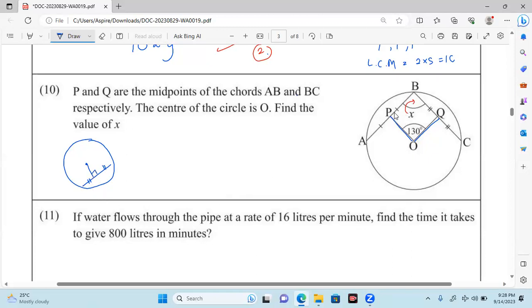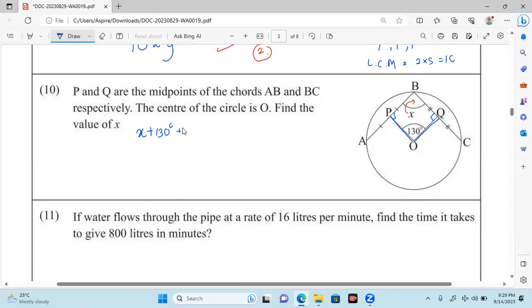Okay, so we can mark it like this, since Q is a midpoint. Is that clear? Okay. Then when we go to find x, now we know three angles. Okay, three known angles. Therefore, we can find x easily using the sum of the interior angles of the quadrilateral. Then x added 130,